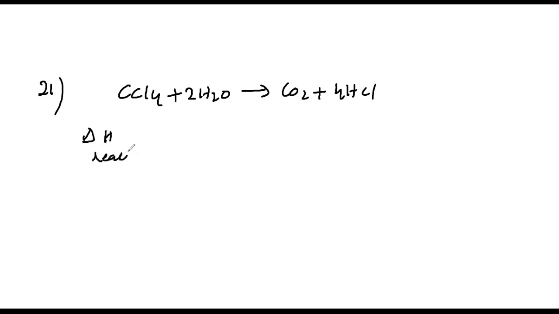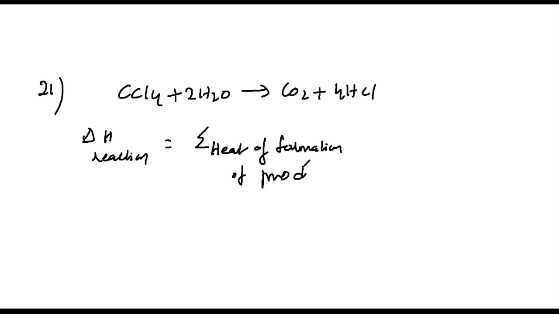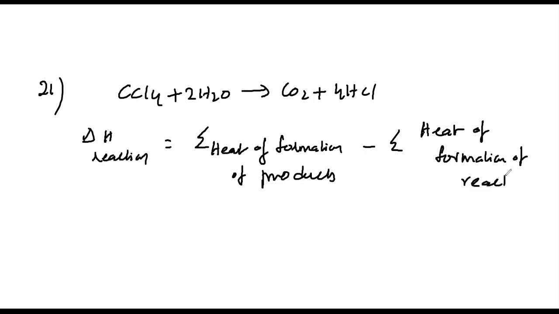Delta H of reaction is equal to the summation of heat of formation of products minus the summation of heat of formation of reactants, that is equal to minus 94.1 plus 4 into minus 22.1, minus of